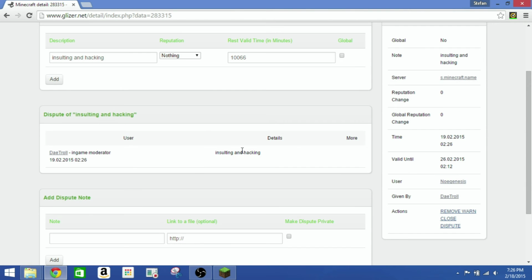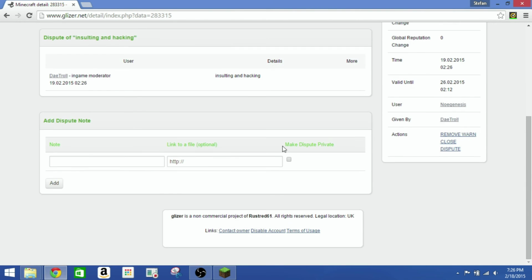And it will change the note. And if a player leaves a dispute, then you can leave a message for that dispute as well. Like if someone says that they didn't do it and that they'd like to have another chance, you can. Think of this as a messaging system and an approving system. Like you can message the player through this, as long as it's related to the dispute,